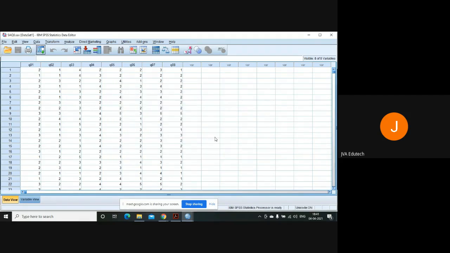Because, see, I have already told you, dimension reduction or factor analysis is done in two steps. First one is the factor extraction, second one is the factor rotation. Now, factor extraction, as I told, can be done by two methods, that is principal component analysis and exploratory factor analysis. Now comes the question of which method to choose, because most of the time we go for just Dimension Reduction, Factor analysis. By default principal component analysis is chosen and we go for it.